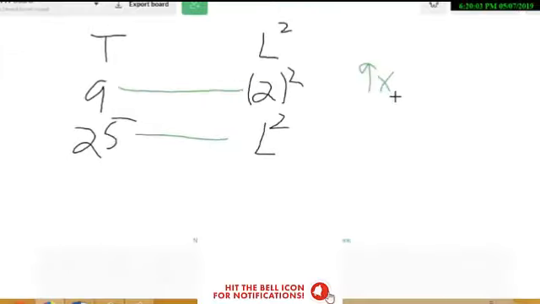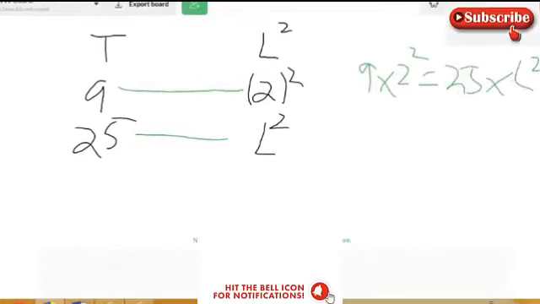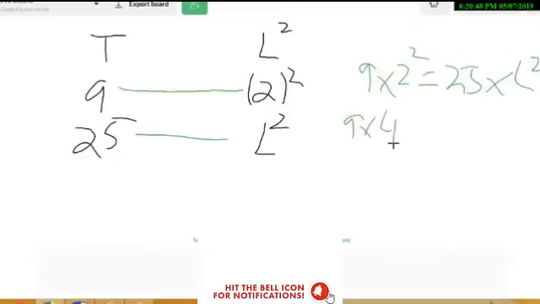Okay, so the number is t is 9, L is 2. T is 9 and L is 2. L is 2 means just write it like this square because there is an L square. Put square as well. And then what is L when t is 25? So if t is 25, what is L? That is L. So I will write L. Okay. So now it is inversely proportional with